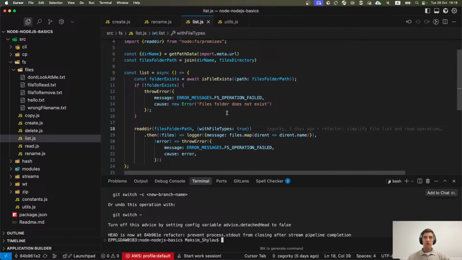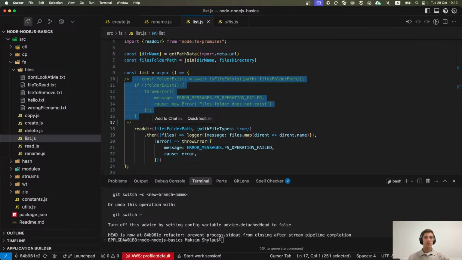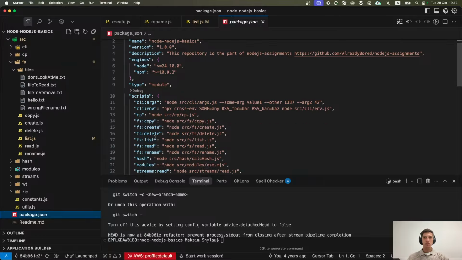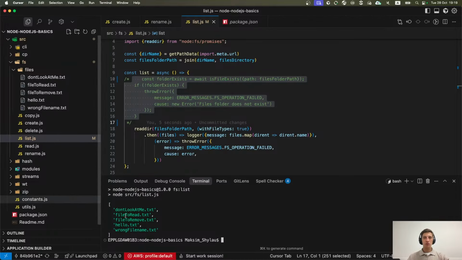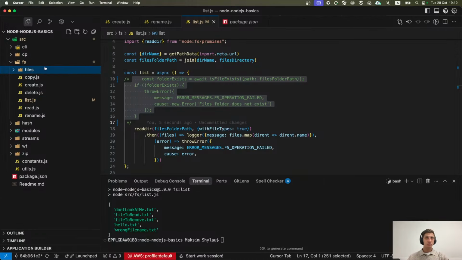But let's check whether we have an error if we try to just read some folder content without the prior check. Let's comment these lines and run the corresponding script, npm run fs list. Okay, it works correctly, which is kind of expected.